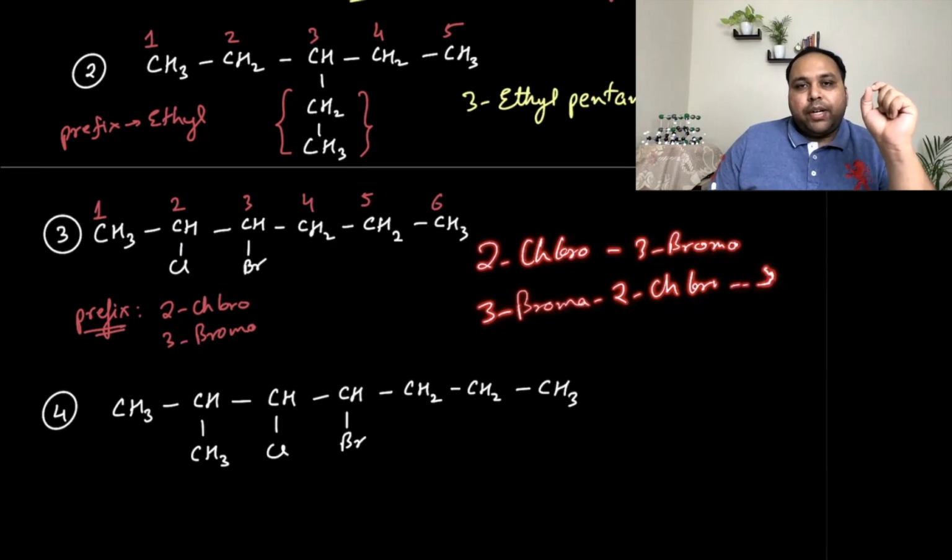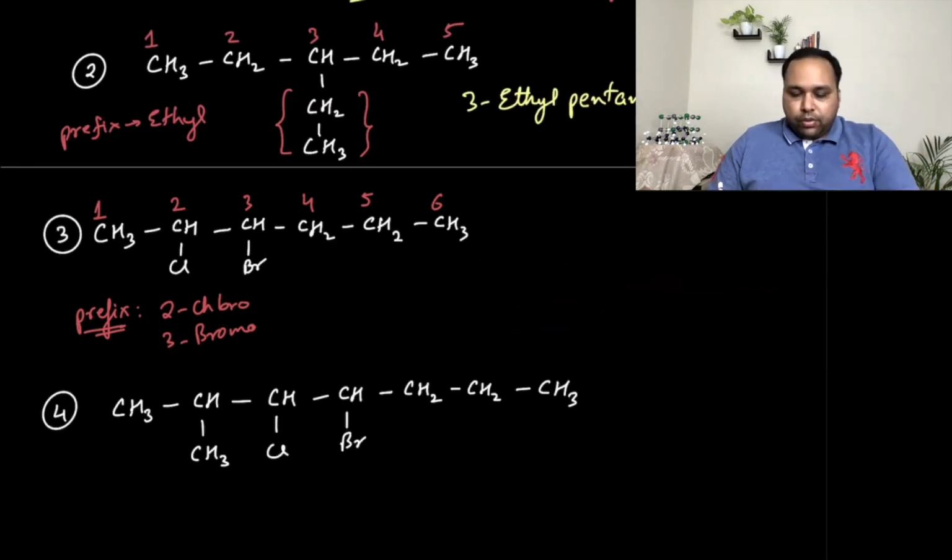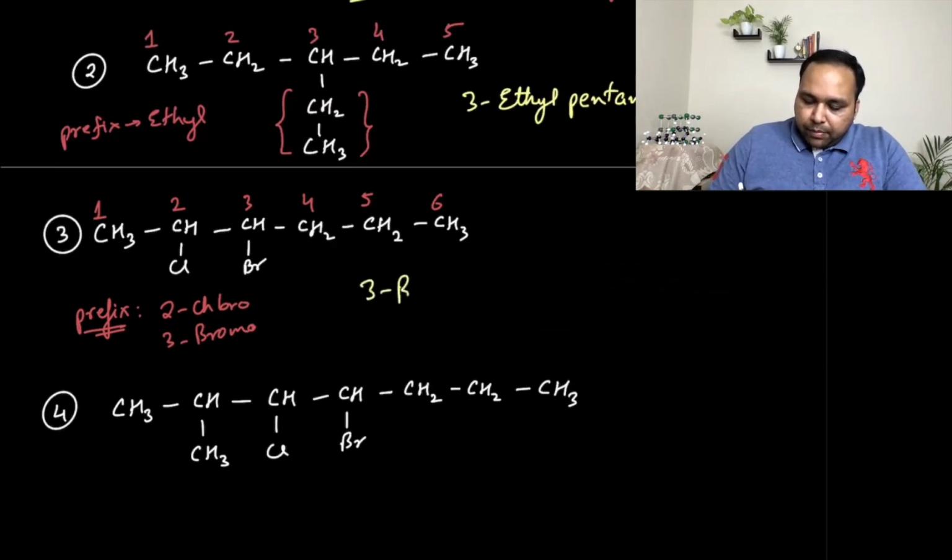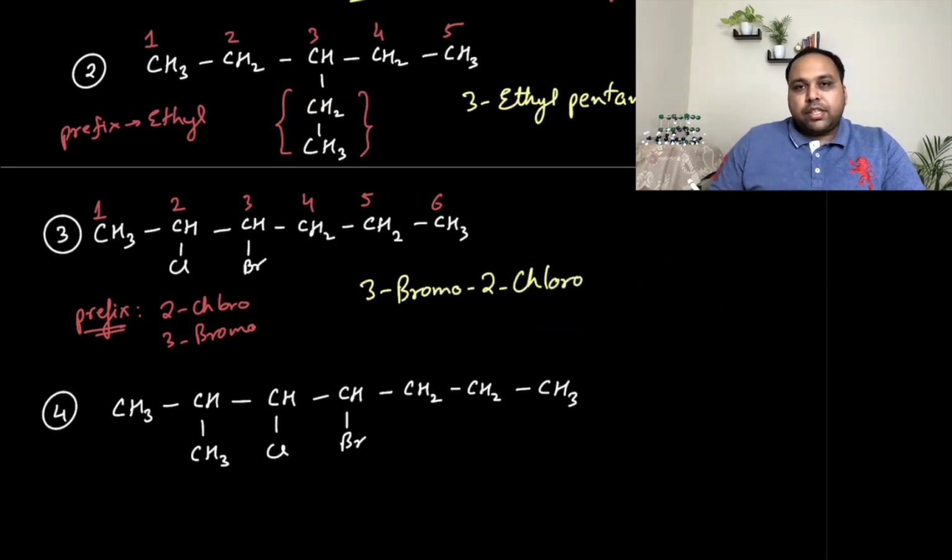So according to alphabetical order, bromo will come first and chloro will come second. So the name will go in this way, that you will write 3 bromo first because alphabetically B comes before C. So you have 3 bromo, then you have 2 chloro,